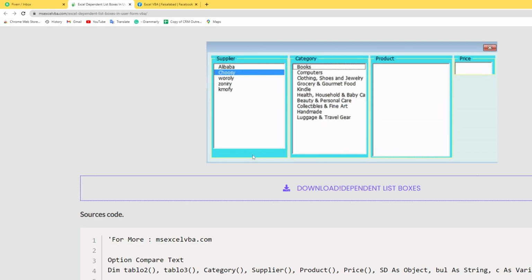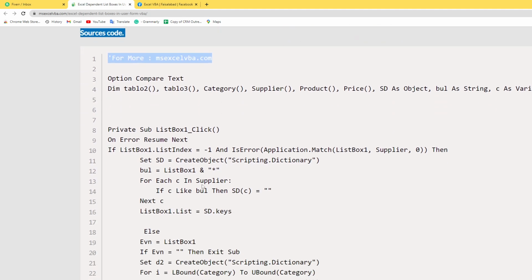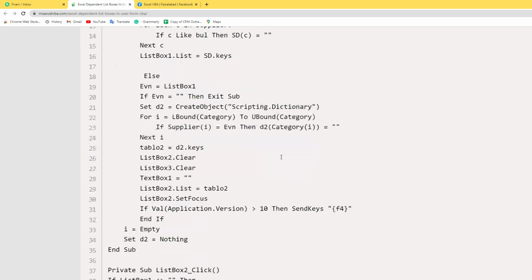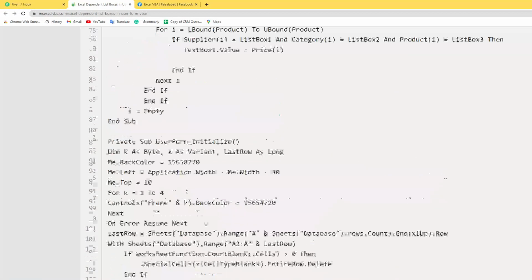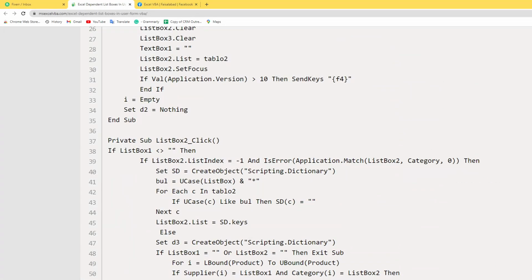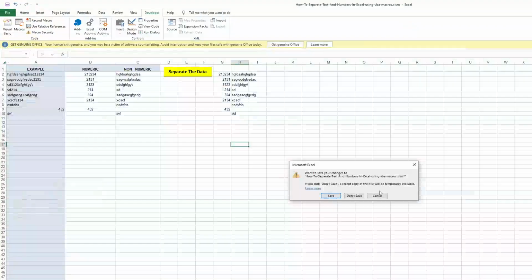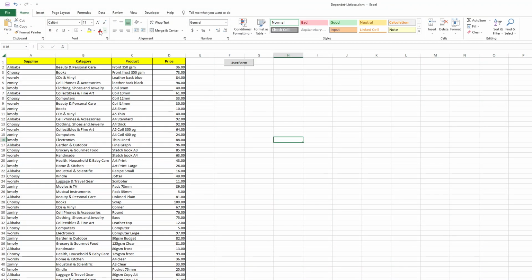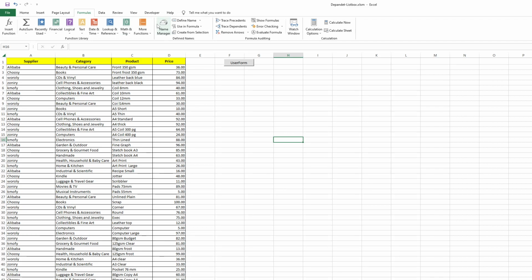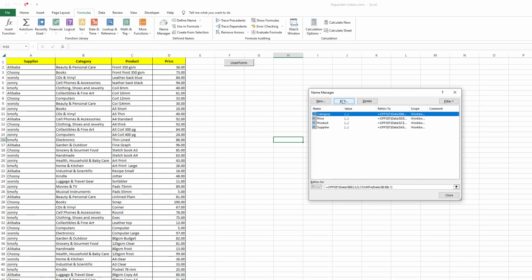Okay, let me explain the coding. This is the source code of this project. You will copy and paste it into your form. In this sheet, first of all, go to Formulas and Name Manager. See here,